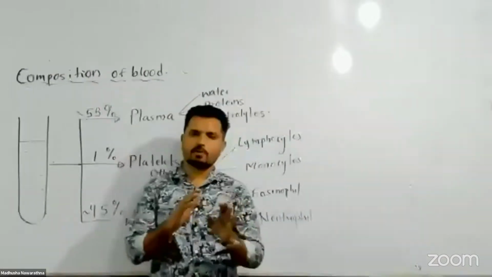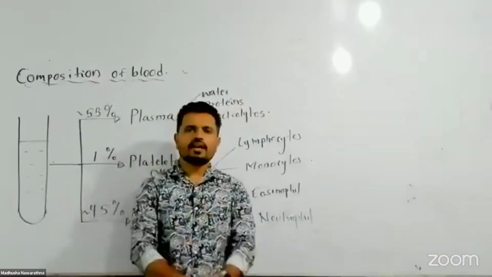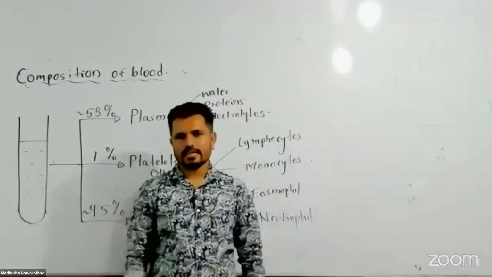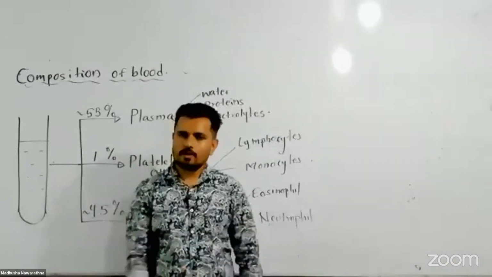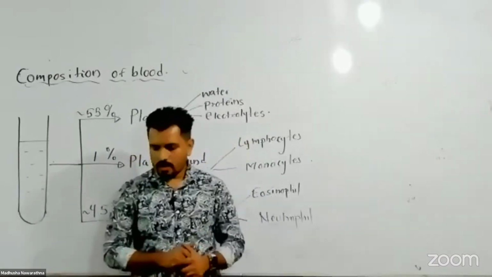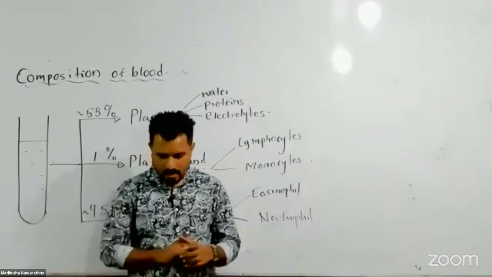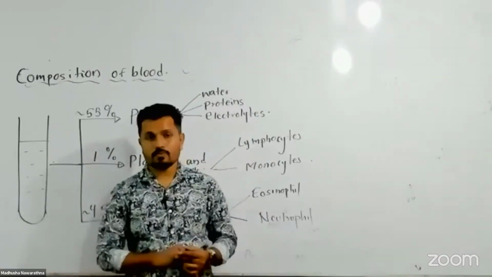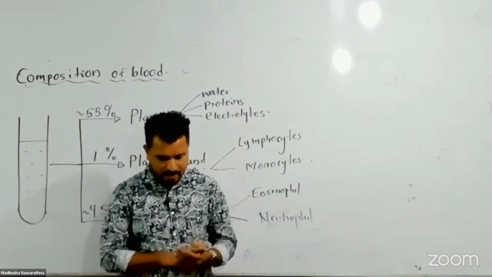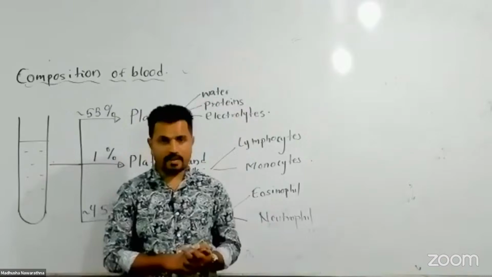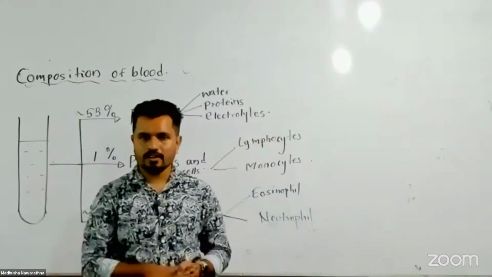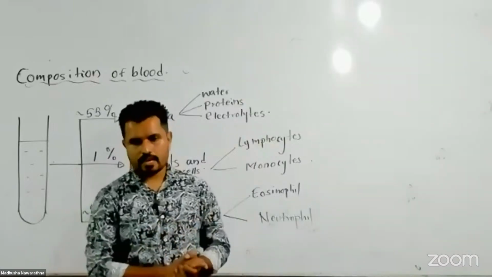There is one more thing, you can talk about protection. If any microbes or foreign particles enter our body, our blood fights against these microbes or pathogens, right? That's by white blood cells. And the transportation of materials like oxygen, I already mentioned. It transports things like oxygen and nutrients throughout our body. So that is also a good